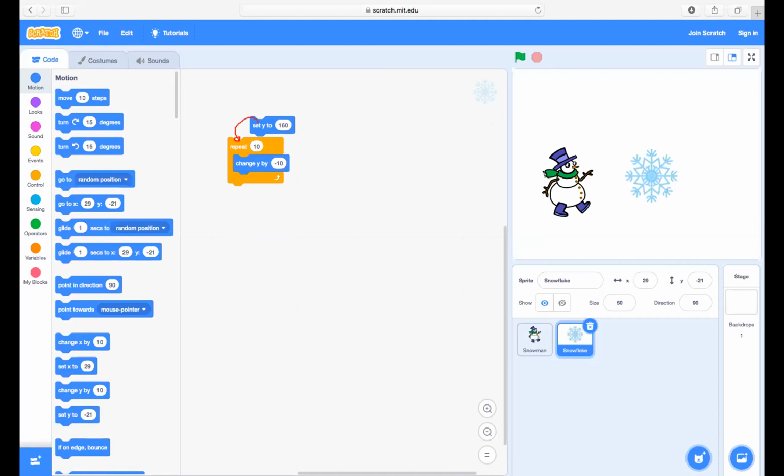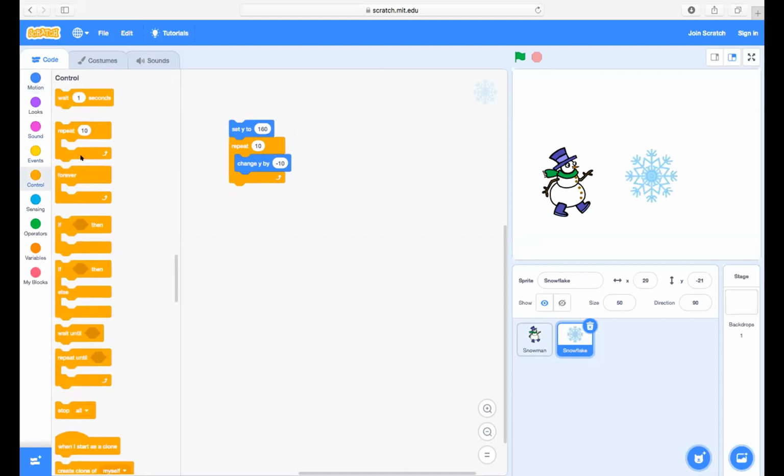Just attach it. Very nice. Now put a forever over here. Forever has to be on the top. Everything has to come inside forever.